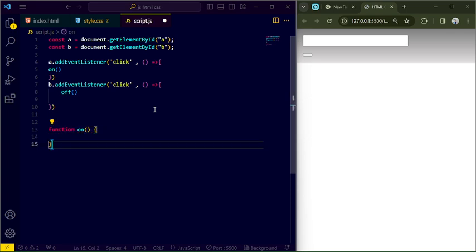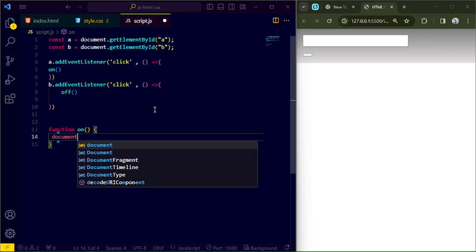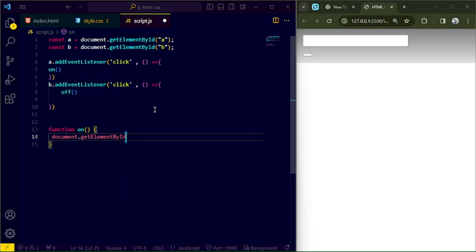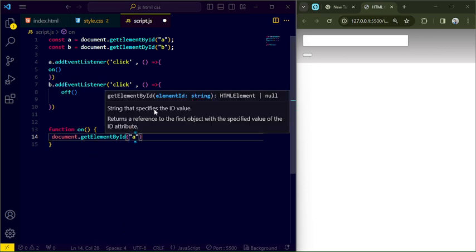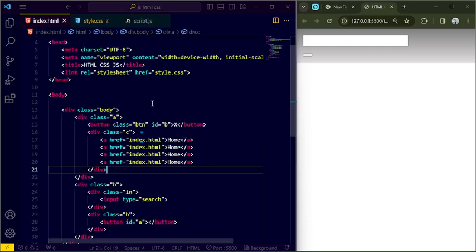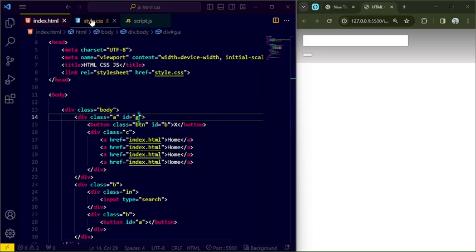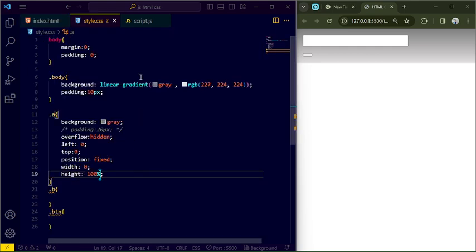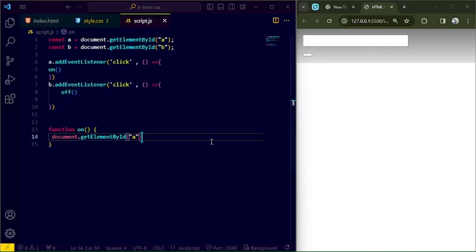The on function will have document dot getElementById. The ID is going to be a. Come here in the index, put the ID here. The ID is equal to, like you can say, g. So we have to come in script first and write here g, save it, and then dot style dot